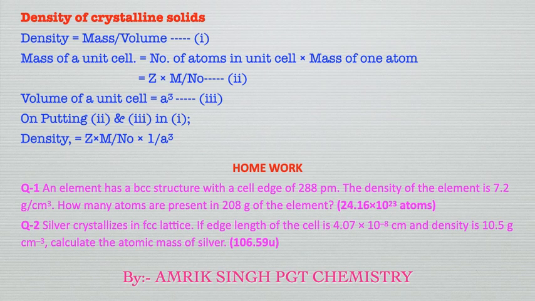Now there is density, second M, third Z, and fourth the edge length. We have four quantities. The question will give us three and ask us to calculate the fourth one. While doing these numericals, we must keep in mind that all the quantities should have the same units. Only then will our numerical be correct.